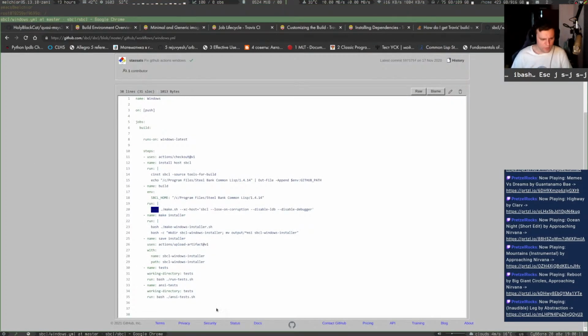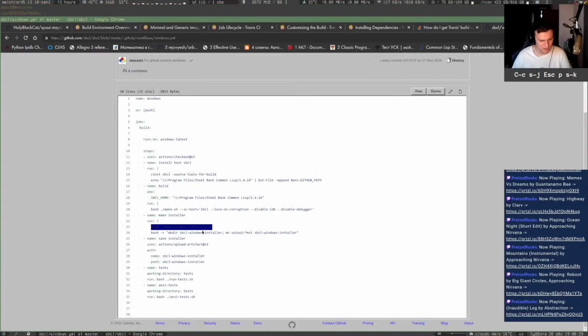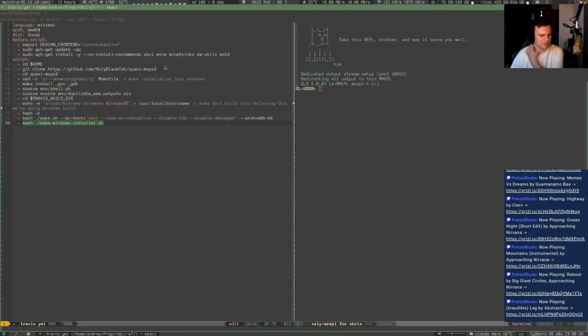And then we make an installer. Run bash make Windows installer. That's easy. Bash -c make dir special installer remove output msc. Yeah, right, I would figure that. So is it that easy? Okay, so let's try all of that stuff